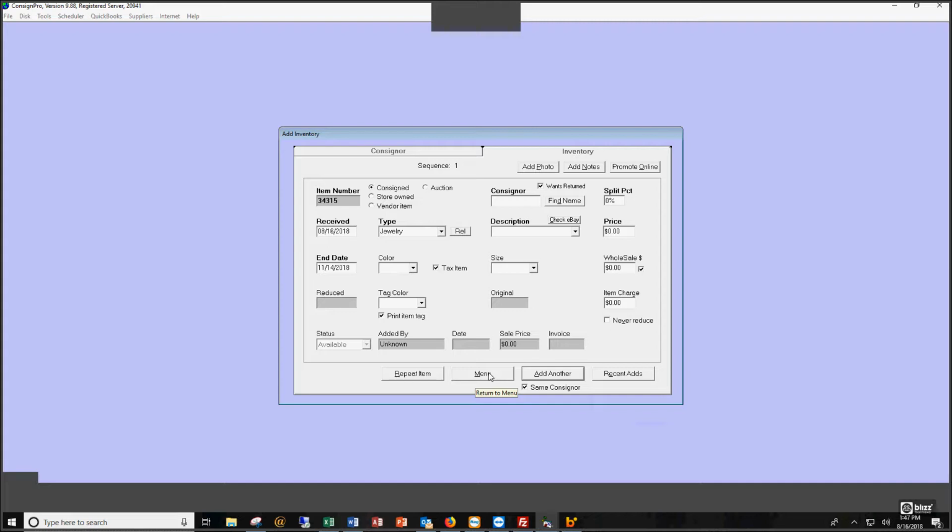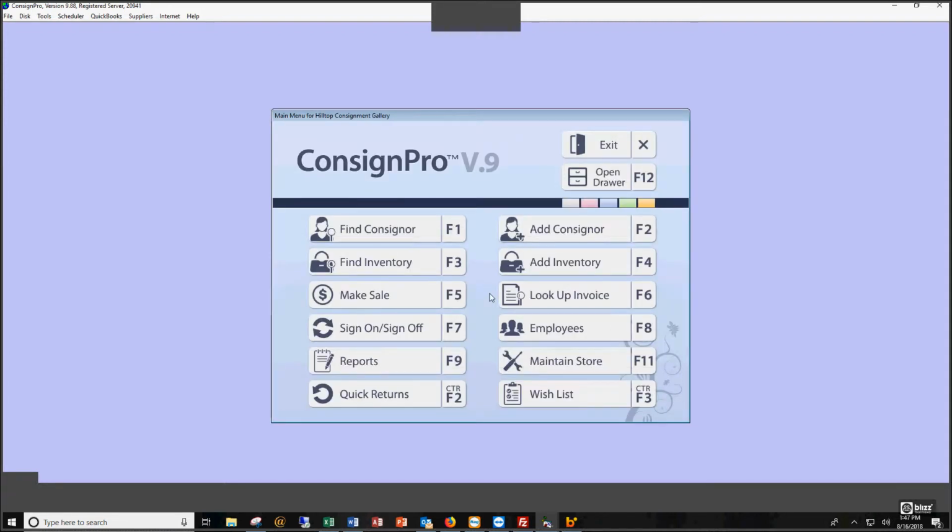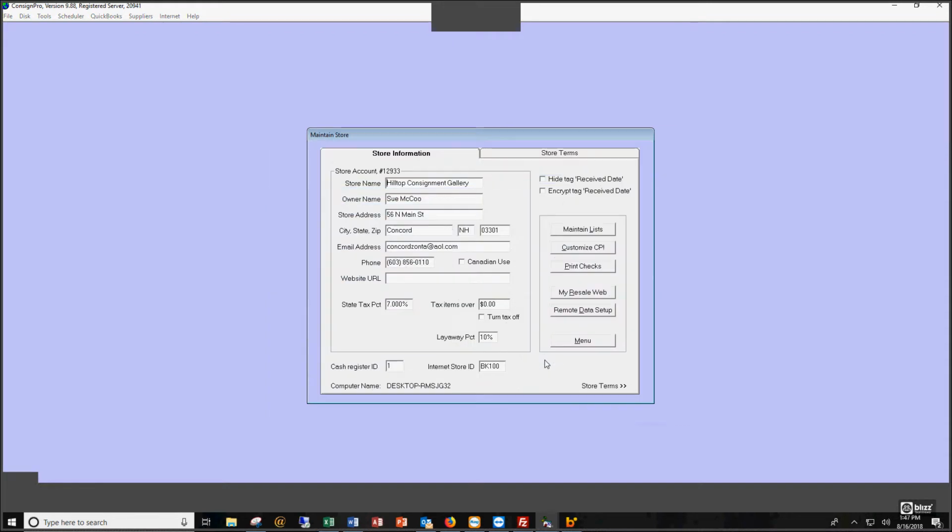The inventory type we didn't touch on yet is a special type called Buy Outright. We're going to talk about that next. Buy Outright defined, let's set it up first. Maintain store,